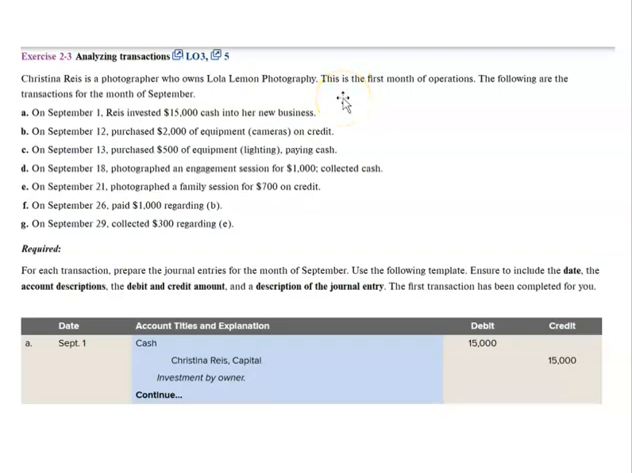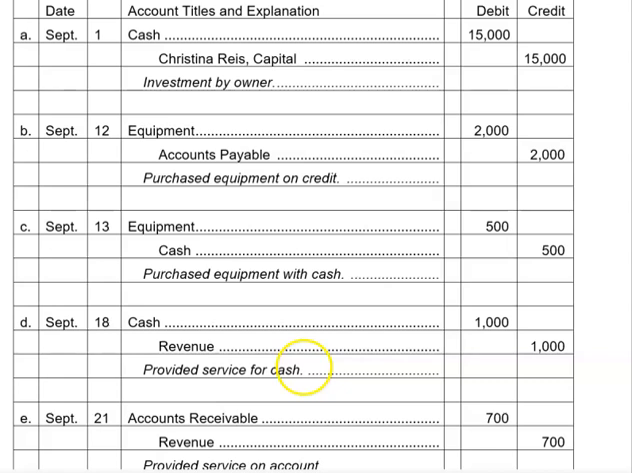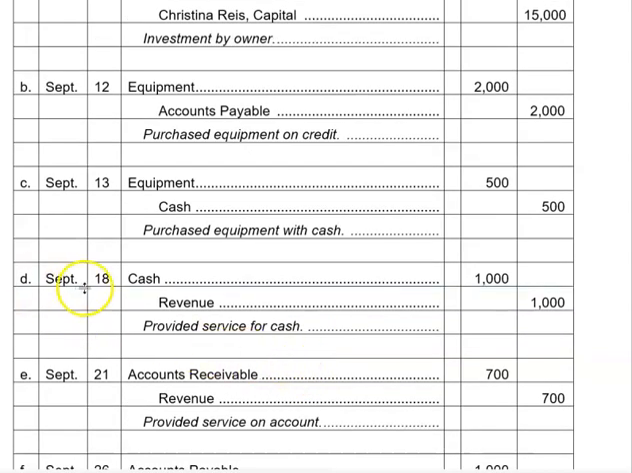So photography, so she's photographed, so that's how they earn revenue. So it's going to be a revenue entry, and they collected cash. So let's go over here. So again, D, September 18th, we know the cash has been increased, so we're going to debit $1,000 cash, and